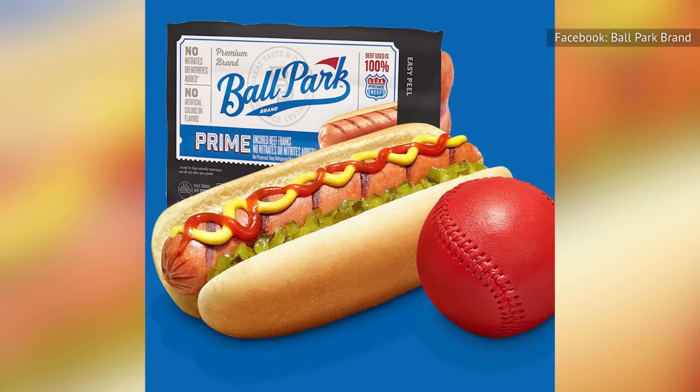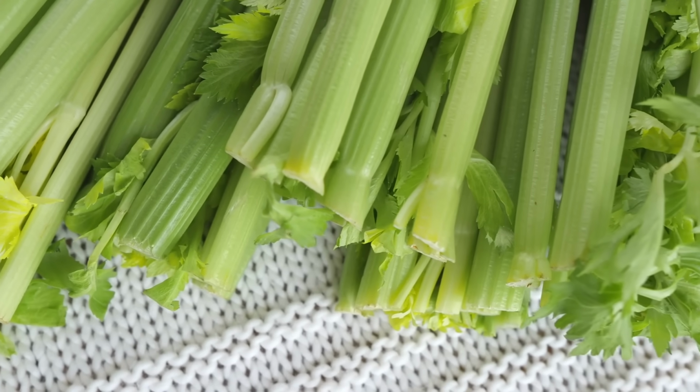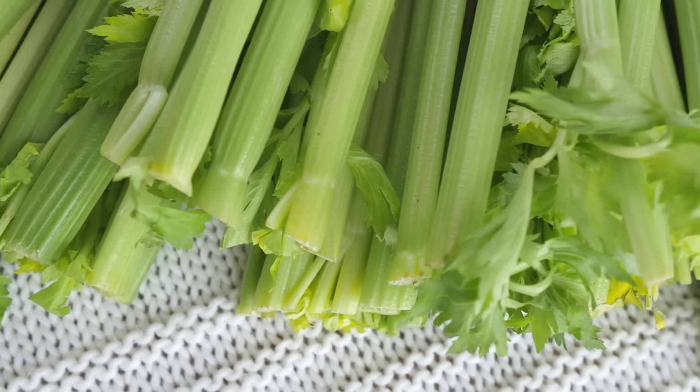believe. What makes these hot dogs uncured is the absence of synthetic nitrites and nitrates, which are commonly used preservatives in traditional hot dogs. Instead, uncured dogs use natural sources of nitrites like celery powder. But whether the nitrites are synthetic or naturally derived, they've been linked to health risks like certain cancers and type